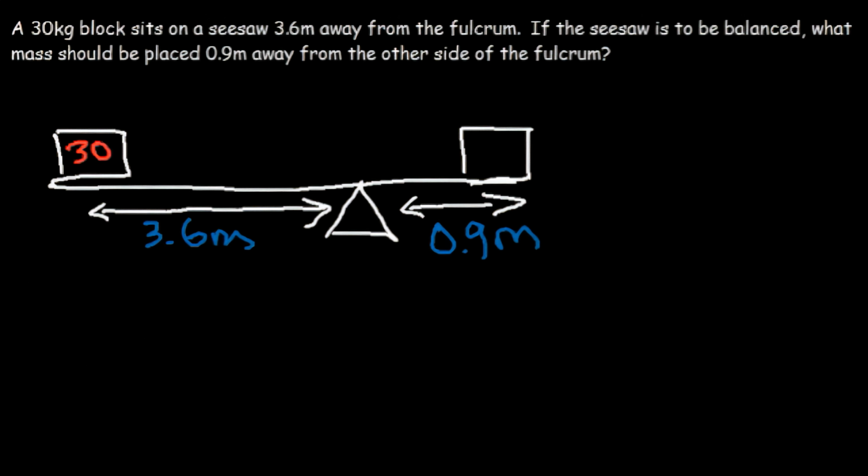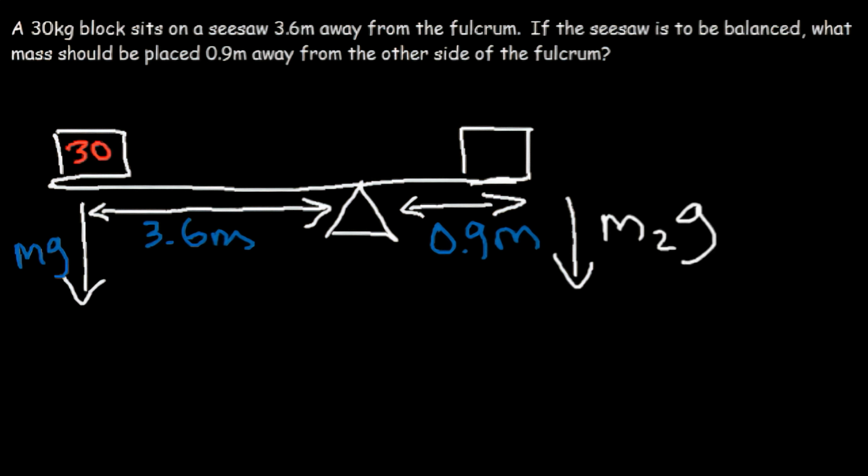So what can we do to solve this particular problem? Well, if you have a mass, we know there's going to be a weight force called mg. So this block will also exert a weight force. Let's call it m2g. So we know that T1, or negative T1, has to equal T2. And T1, which is caused by mass 1,